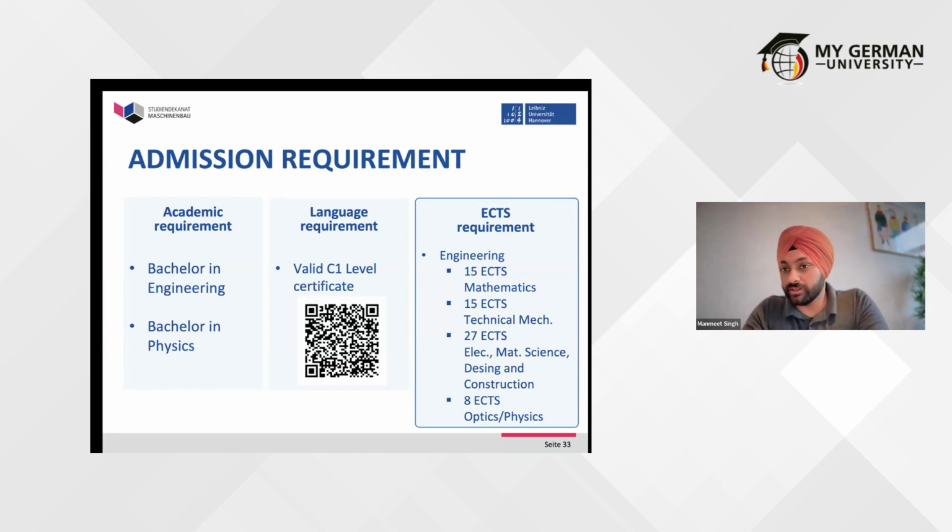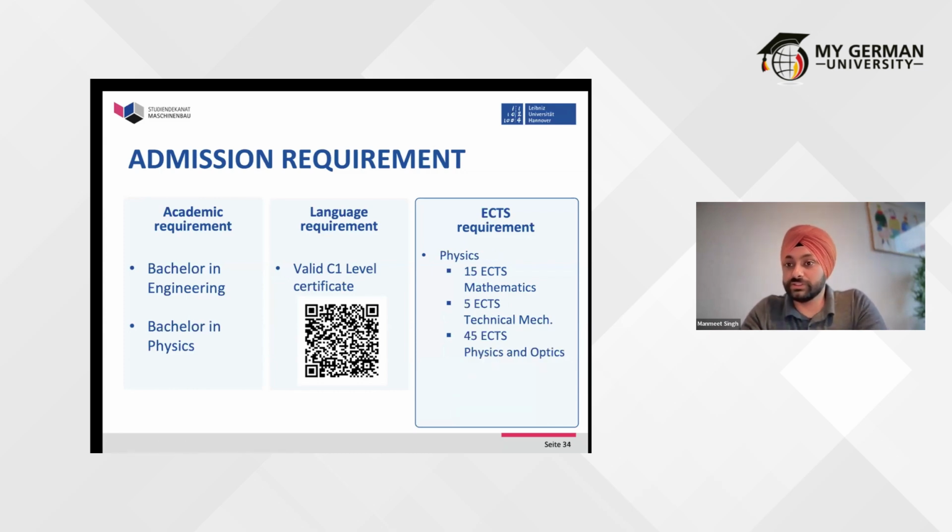So if some of the credits are missing, there are ways where we try to find out if we want to give admission to the student or not. There's always an option of Auflagen, but in this case you will not get any Auflagen. It depends if you have some research in optics, if you have good subjects in optics, and we say you have 6 credits in optics, so we say, okay, that student has done something in optics.